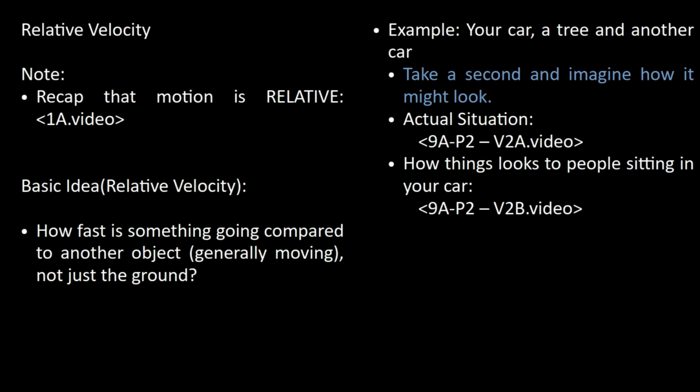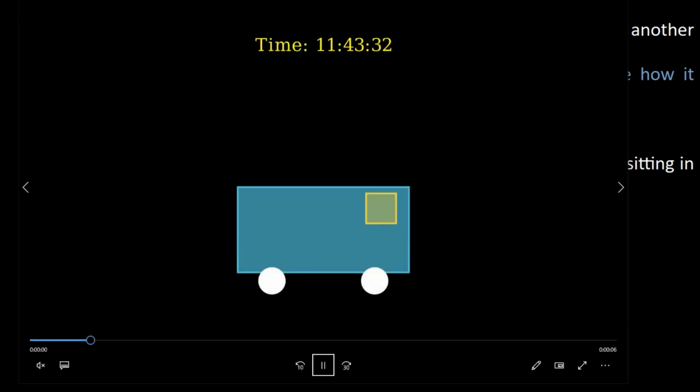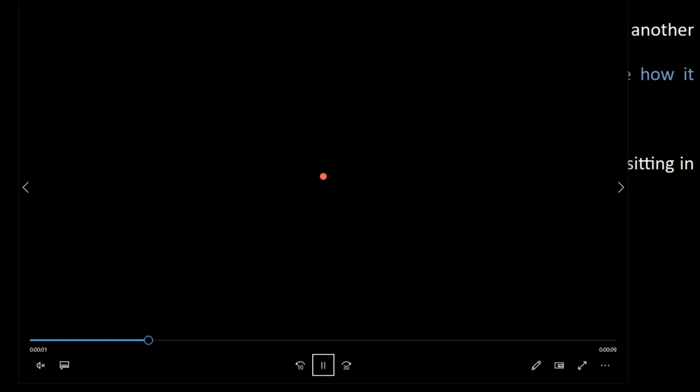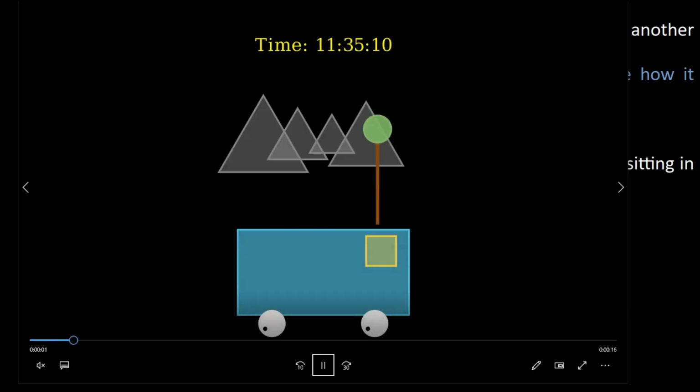We have seen that motion is relative. So I hope you guys remember this video. We have a bus which is not moving, looks to be so, and we have a dot which is not moving. But if I happen to change the perspective, I can make you guys feel that it's moving. That's the entire movie industry.